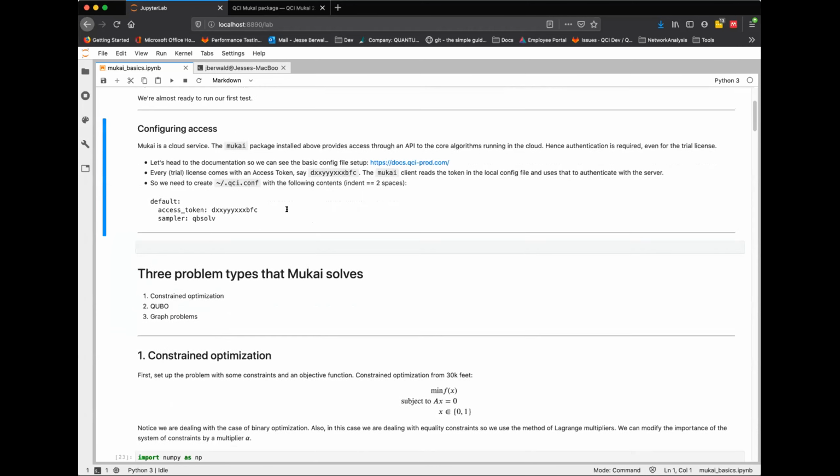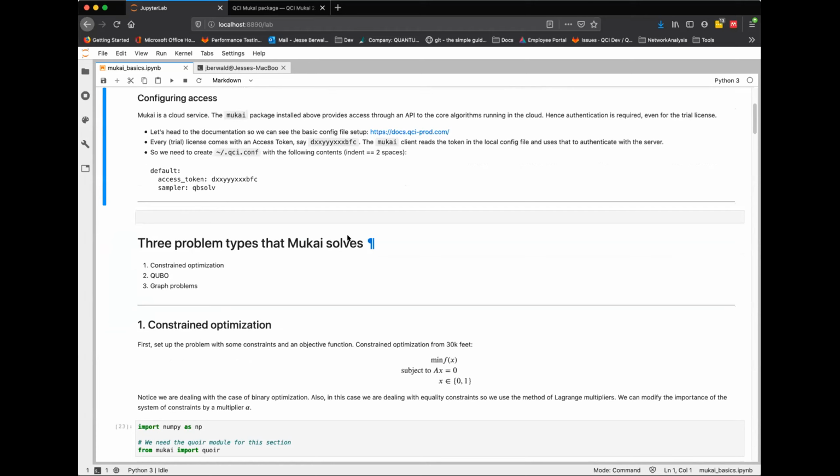And let's see. So assuming that's all set up and there are no problems, you can continue on. What we want to talk about now are the three main things that we can do. Two of them are kind of in the same category, and one is slightly different. They're all constrained optimization, but they look a little bit different. First, we're going to look at some raw constrained optimization problems. Sometimes you end up having constrained optimization that is baked into a QUBO, a quadratic unconstrained binary optimization problem. And so we can deal with that too. There's a little less flexibility there, and you'll see why as we go through this.